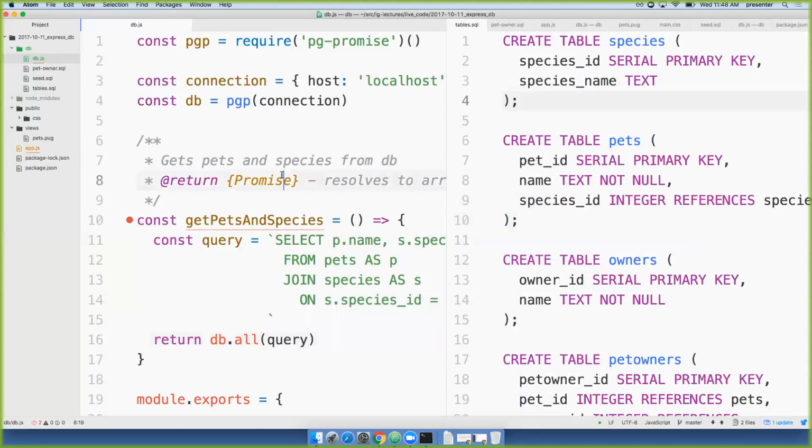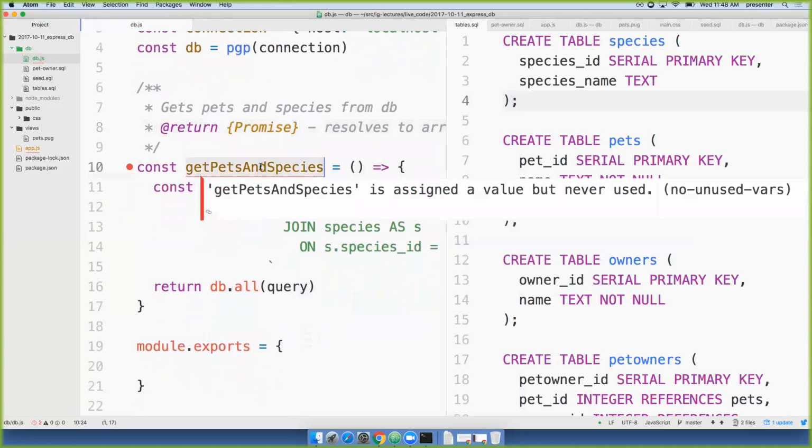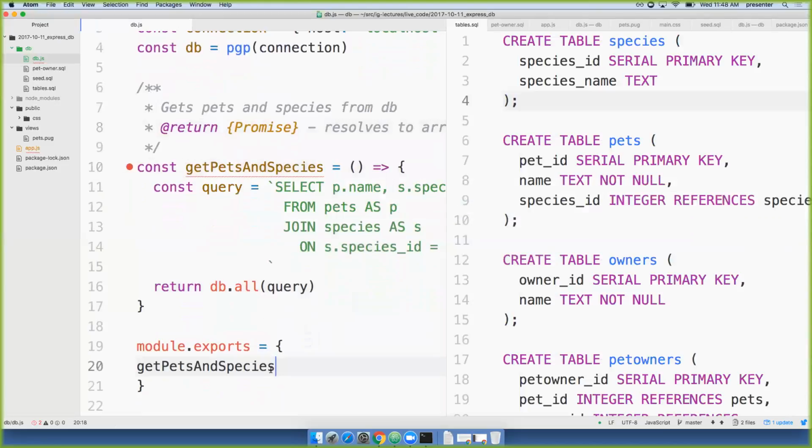And I said that I'm returning a promise. Oh, yes. Thank you. This is actually me just not being super familiar. So I guess my question with that is,